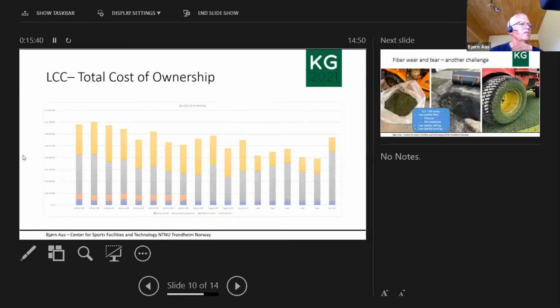Life cycle cost, this is, as I said, a model in an early stage. It describes, the numbers are in euro, and it describes the cost for owning a pitch for 10 years, starting with the cost of removing the old pitch. I'm talking now on the renovation market. In some cases, you have to do some environmental protection measures, indicated here with a very small budget compared with what numbers we have seen in the market, but we decided to do it like that, including the cost of the investment and the cost of the